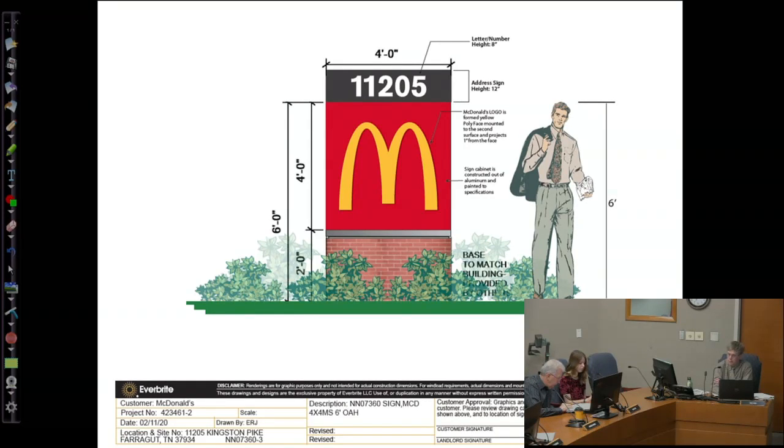architectural compatibility there. The sign that they're proposing is going to have internally lit golden arches, and it'll be on a solid red aluminum background panel that will not be lit, so only the arches will actually be lit. And the brick base is going to match the building facade, so that color brick is a little off, and